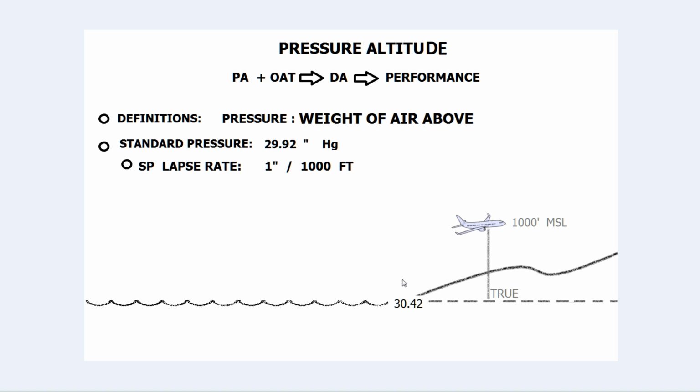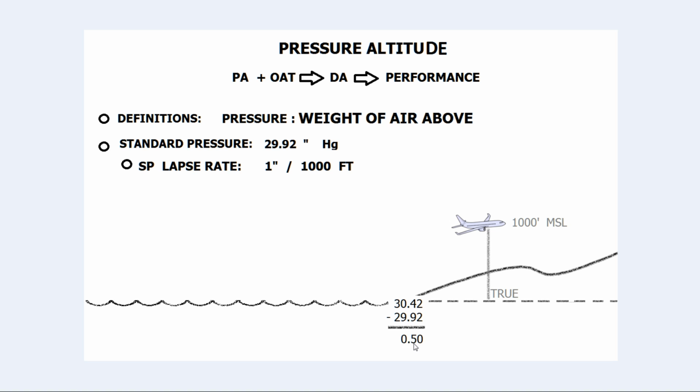Let's say that a high pressure system exists around, and our sea level pressure is 30.42 today. And in this example, do you think that 29.92 would be above this or below this? Yes, 29.92 would be above this because we lose pressure as we climb. So 29.92 would be somewhere above it. But how far above it? So if we take the difference between this value and 29.92, which is the standard pressure right here, we're going to find that it is only